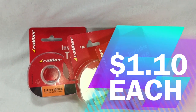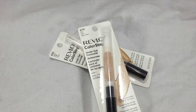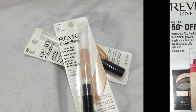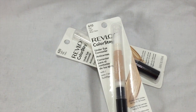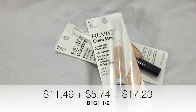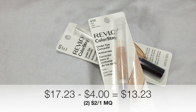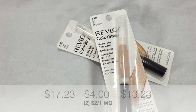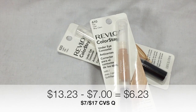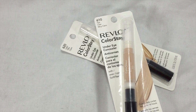This simply made them $1.10 each. This week, the Revlon foundation and face products are on special for buy one, get one 50% off. The first one was priced at $11.49, making the second one $5.74. I did have two $2 off of one manufacturer coupons to apply, as well as a $7 off of a $17 Revlon purchase from the CVS Red Box. This brought my total purchase price down to